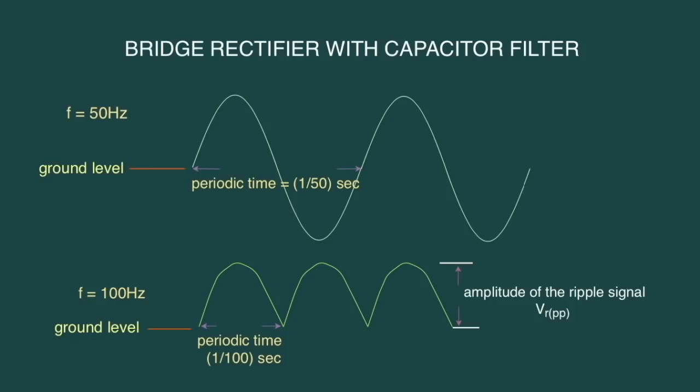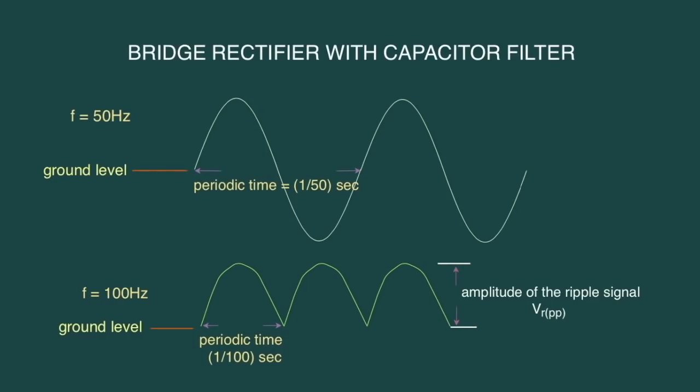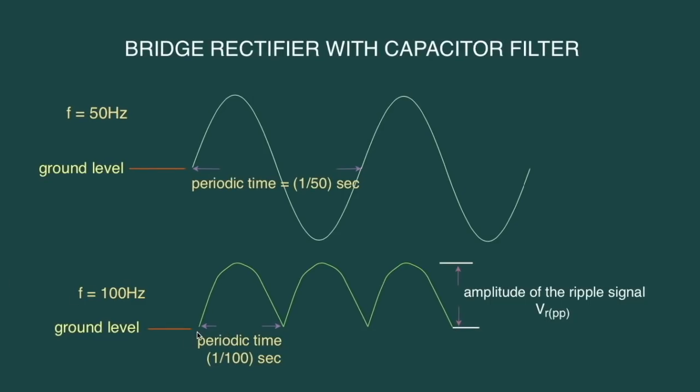Pure DC signal is supposed to be a voltage which remains constant with respect to time. This pulsating signal or time varying signal at the output of the rectifier is called as ripple signal. Hence, this time variation which is obtained at the output of the rectifier, which we call as a ripple signal, is an undesired part of the output signal.